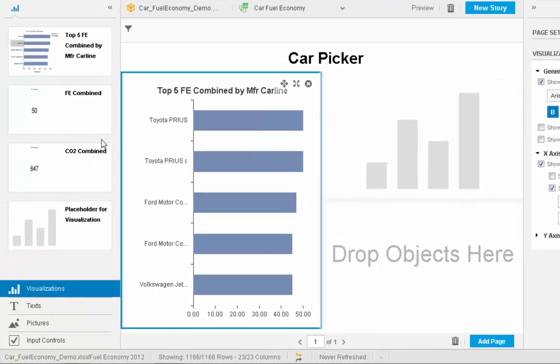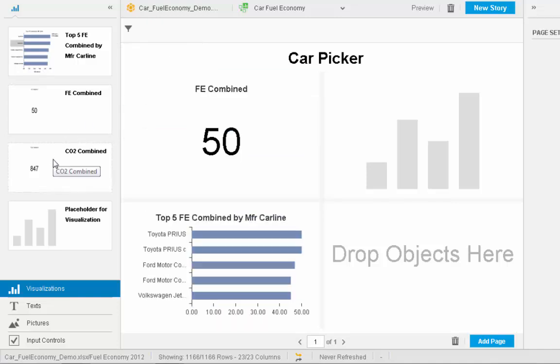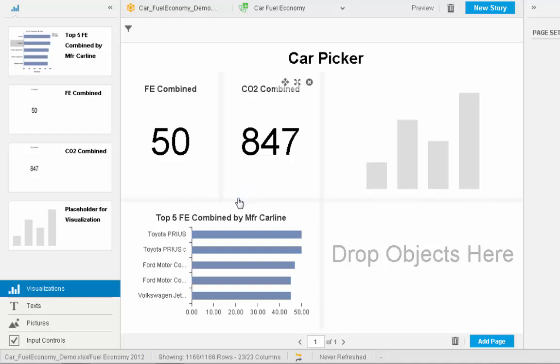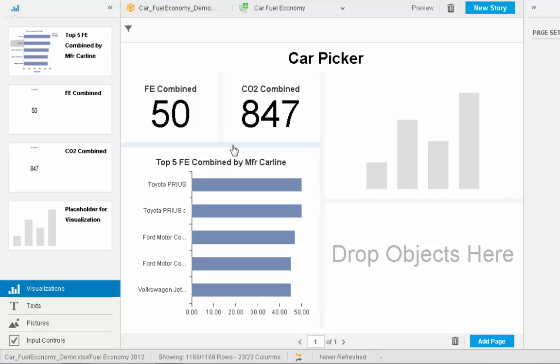And what I'll also do is above this chart I'll drop in the combined fuel economy and also the CO2 emissions next to that as well. So I've got all three of those things in there, and then I'll just make that a little bit smaller so they all fit together nicely. Perfect. Okay, so that's great, but I've got some unused space on the right hand side, and so far this